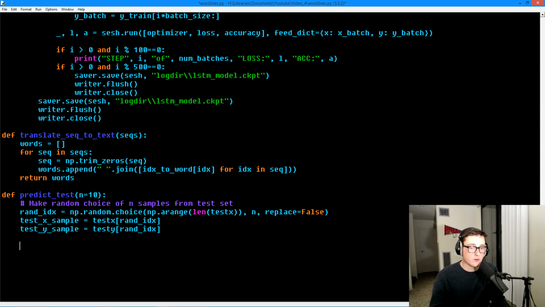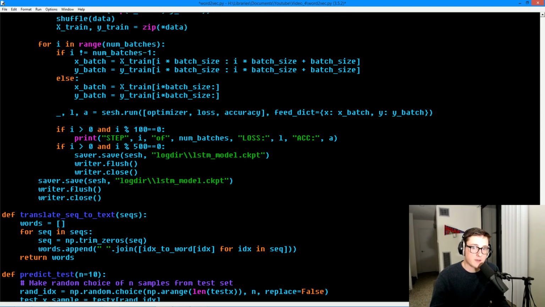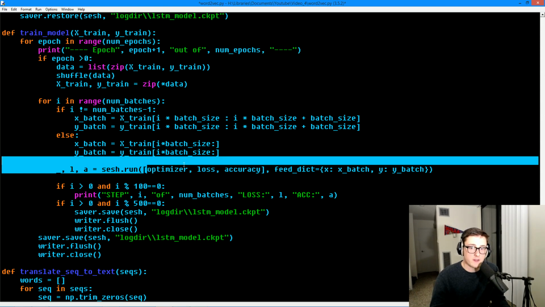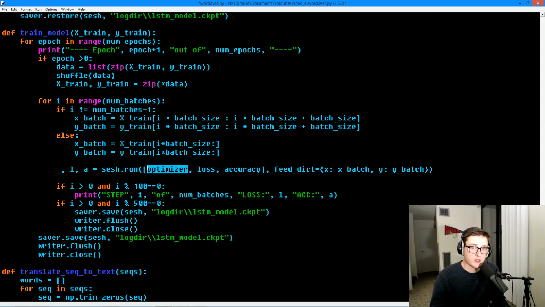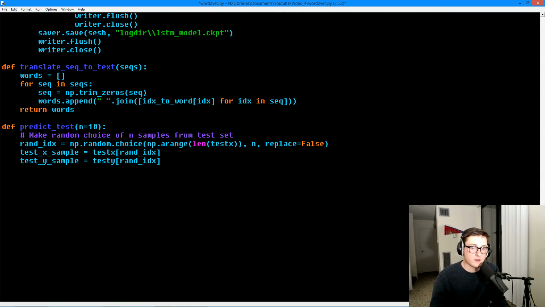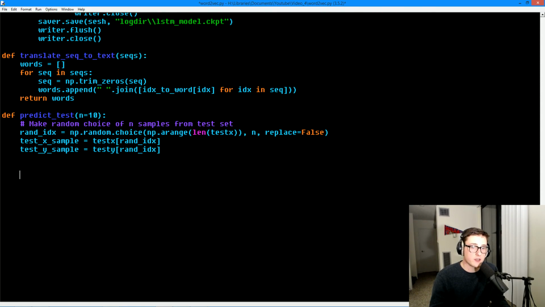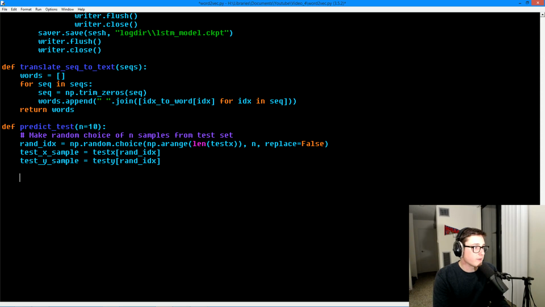When you do predictions in TensorFlow, what you're going to want to do is not pass the optimizer to your fetches list. We did that in our training loop here. In our train model, we have the optimizer within our fetches, and you don't want to do that when you do predictions, because this optimizer, when you call to it, will actually optimize your model, so you're not going to want to do that on your test set. So we'll exclude that from there, but we'll also include the variables that we created last time for the choices and whatnot. So we're going to say L, comma P, comma C_P, comma C equals sesh.run, and we're going to pass it the loss, the prediction, the correct prediction,